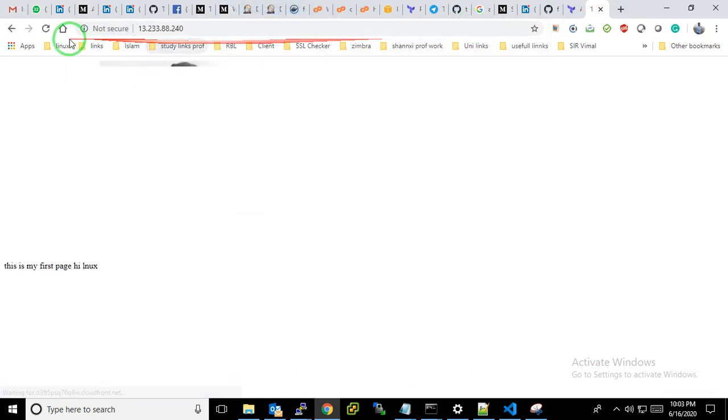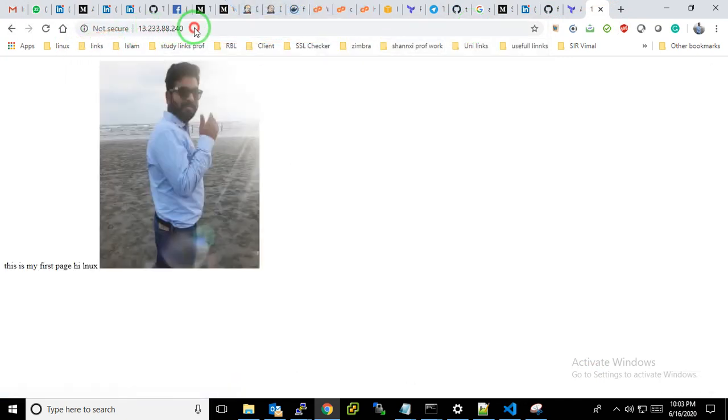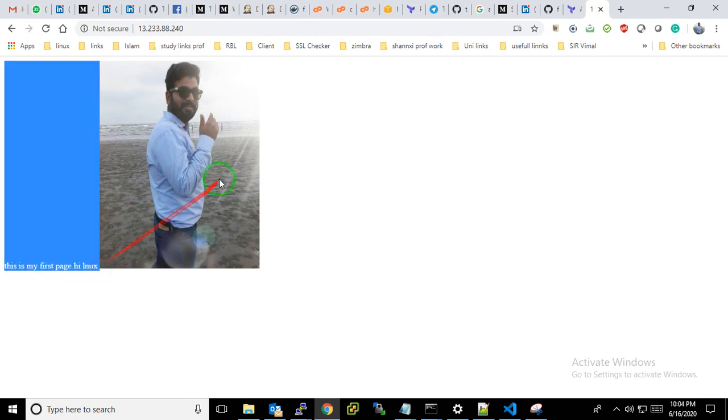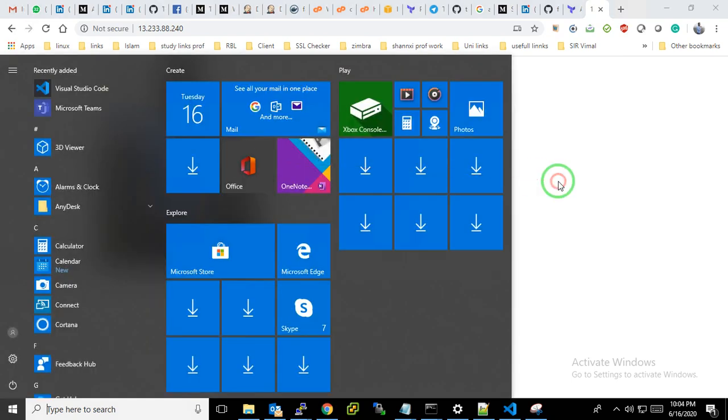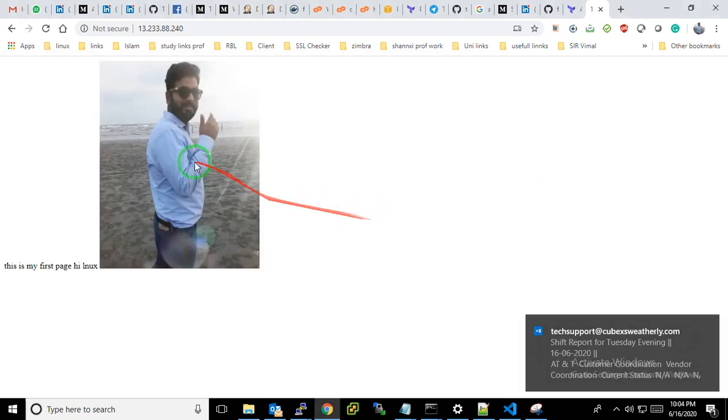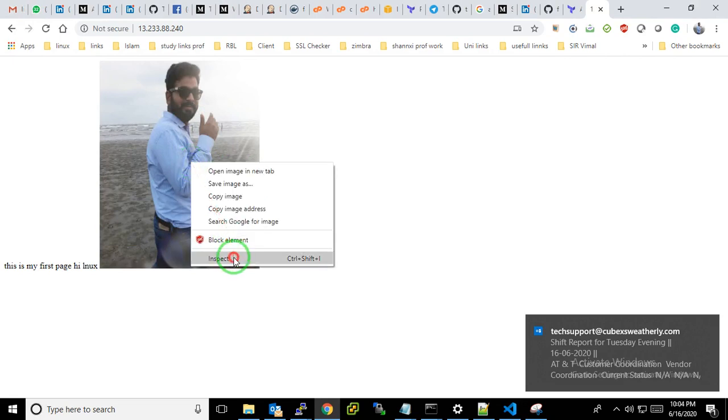Now I just entered my IP, and my picture has come up. I have coded this in my HTML, and this picture comes from CloudFront, not from my var www HTML. How can we be sure? You can just go and inspect it.